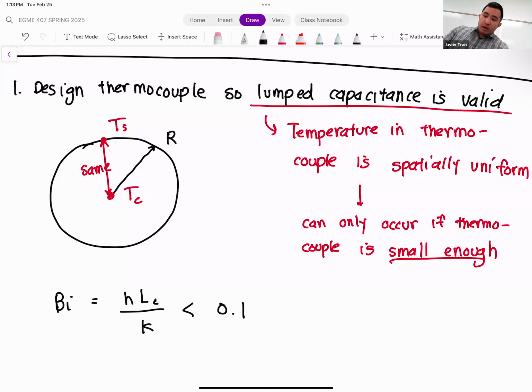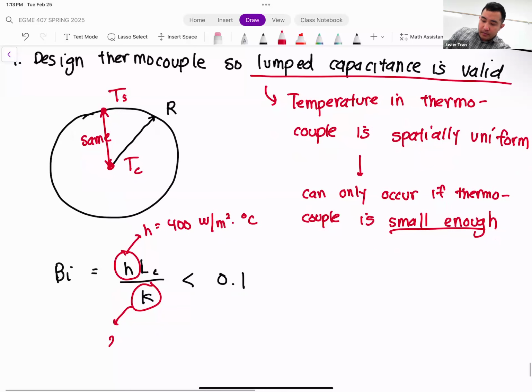If we look at the parameters for this problem, we are given h, the convection coefficient of the hot gas. This is 400 watts per meter squared degree C. And we know the thermal conductivity of the thermocouple, which is 20 watts per meter degree C. So the only thing we have to determine, the only thing we can solve for, is this characteristic length,